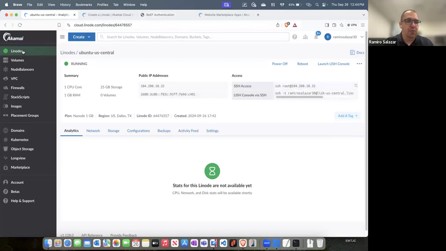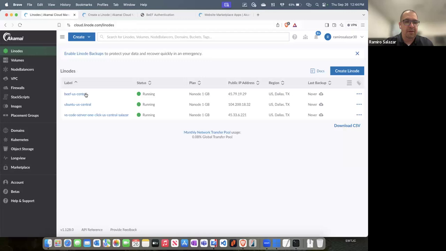I'm going to show you one of my Linodes that I have called Beef. And this can be used for a browser exploitation framework. It can be used to create webhooks, and it can be used to capture someone and be able to specifically capture their browser and be able to manipulate their browser and have their browser doing things on it, okay? So let me kind of show you what I'm talking about here. If I click on